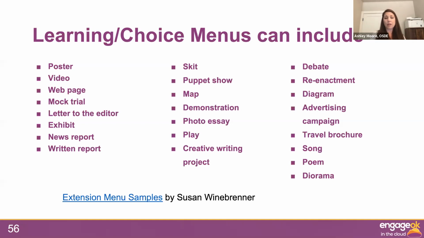So extension menus are more for our gifted and talented learners. However, a lot of our learners who have high interest and are fully engaged really like these extension menus as well. They're the same thing as choice menus, but she gives multiple examples from multiple different grade levels. So high school examples, middle school examples, elementary examples for different content areas, so that you can see what these actually